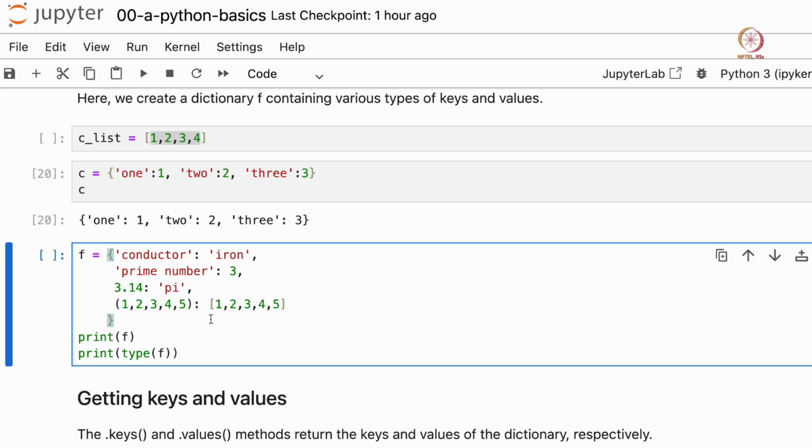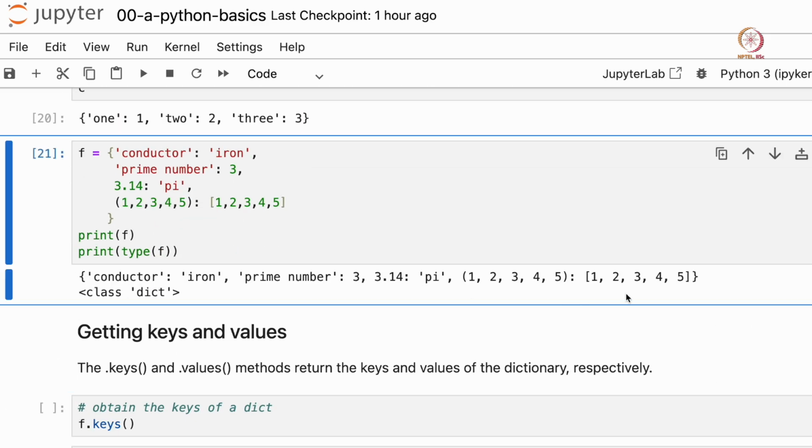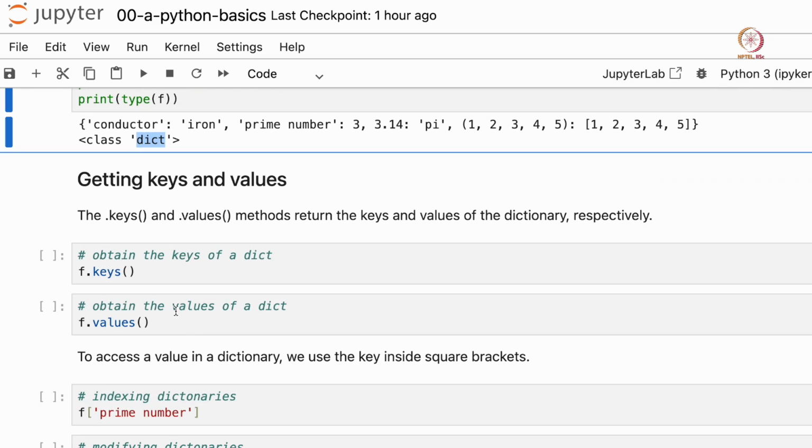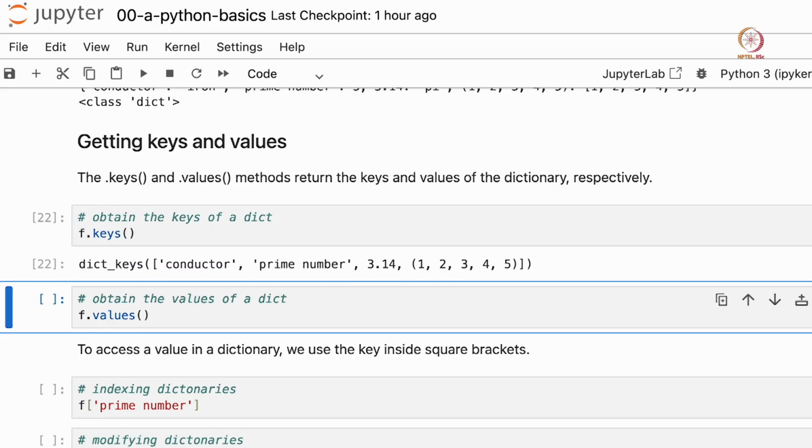And now if we print F and the type of F, we see this dictionary getting printed, the key value pairs that we entered, and the type of the data type is dictionary, DICT. Now as we could access various data points on a list or on a tuple, we can access the same from dictionaries as well. So for example, if you want to access the keys in a dictionary, you can type F, the name of the variable that stores the dictionary, dot keys, and then round brackets, and if we run this, we get the dictionary keys here.